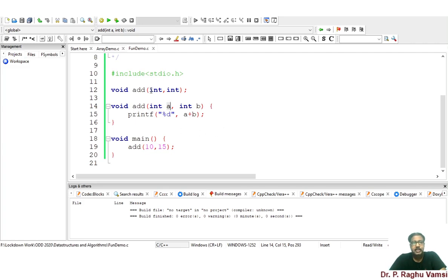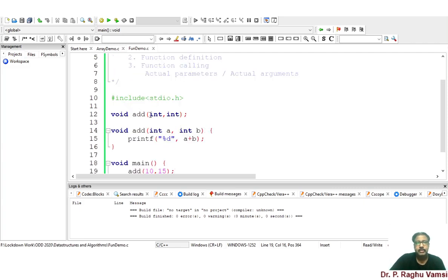Next one is at the time of function declaration, you are defining that this particular function may get an integer value. So that means what value it will get, you don't know. So formally you are saying that okay, this function is going to take the integer parameter. But what actually it is taking of integer type, that is the actual parameter. So in this function calling, you will find 10, 15, which are said to be actual parameters that you are supposed to include in this.